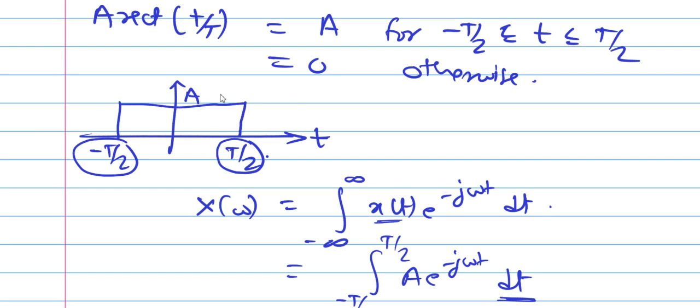So you focus a little now. This is our 0 point. What is this height? A. This height is A and what is this duration? T by 2 minus minus T by 2. Total duration is capital T. Okay. Now this is a rectangle and what will be its area? Height into width. So height is A, width is T. So area of this rectangle is AT and duration is capital T. On the x-axis duration is capital T.